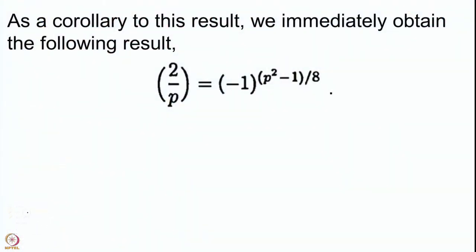So, the Legendre symbol can be computed very easily using this lemma called Gauss lemma, and we were motivated to think about this because we saw the negative numerically least residues for multiples of 2, which came in the proof of the quadratic reciprocity symbol for 2 by p. So, can we obtain that result using Gauss lemma, and indeed we can obtain it quite easily.